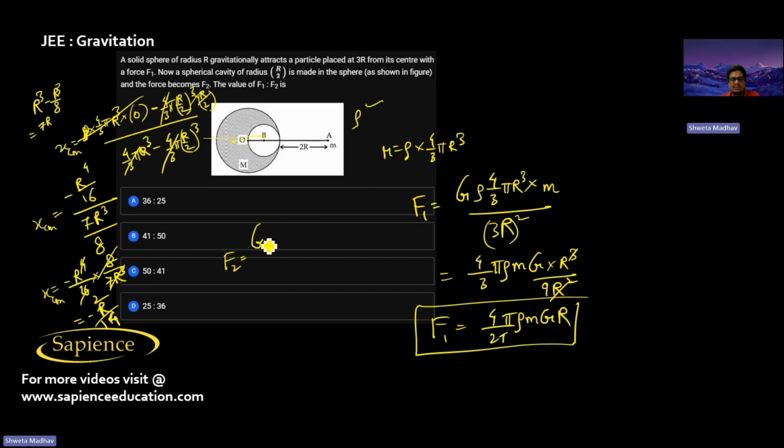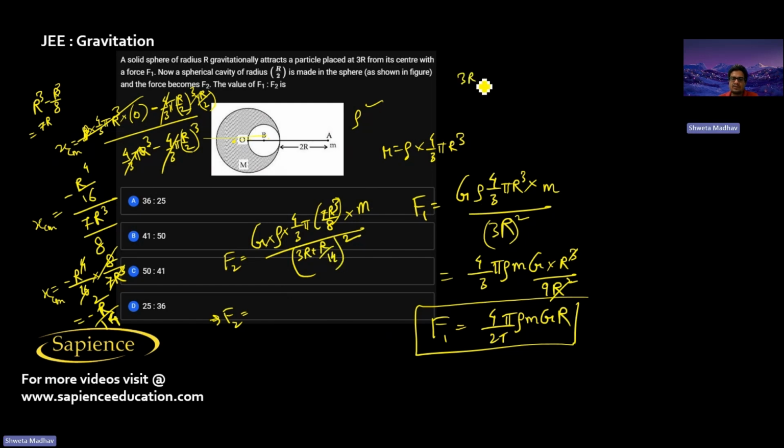So this will be G into density into 4 by 3 pi r cube minus this. So the net volume is r cube minus r cube by 8, which is 7 r cube by 8, into G, Gm on M2 by r square. So this is 3r plus r by 14, it's 3r plus r by 14 whole square. So F2 that would be equal to,